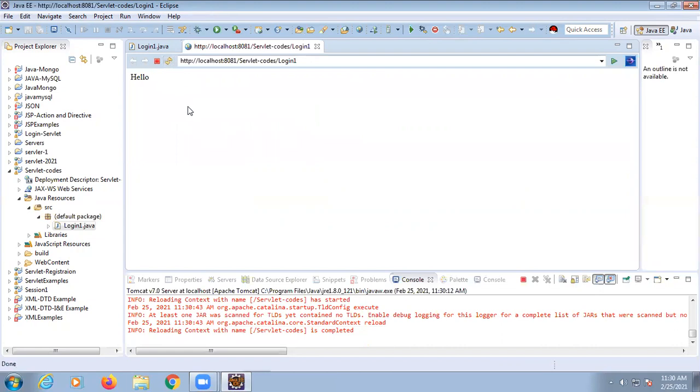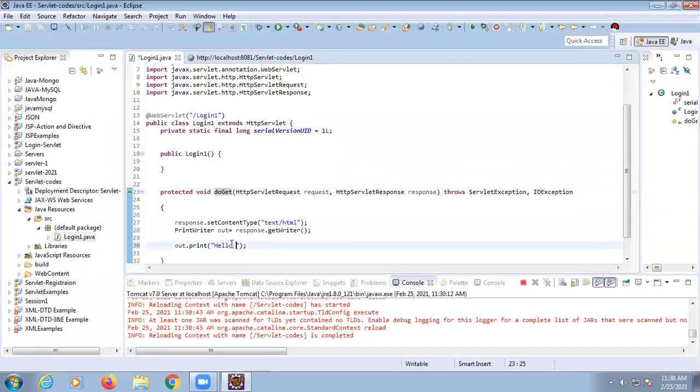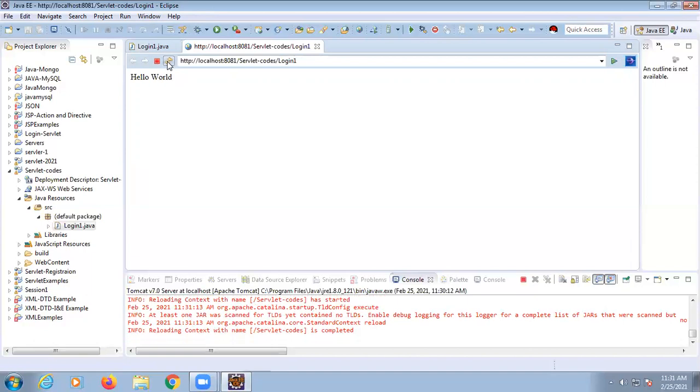Okay, so after some time you have to refresh one or two times. After refreshing, the output will come here. So this is the simple output. Suppose here I am now changing this to hello world. If you have made any changes, you will find a star here. It indicates you haven't saved this file. So press Ctrl S, go here and refresh this again. Sometimes you have to refresh like 2 to 3 times, and then it will give you the output.